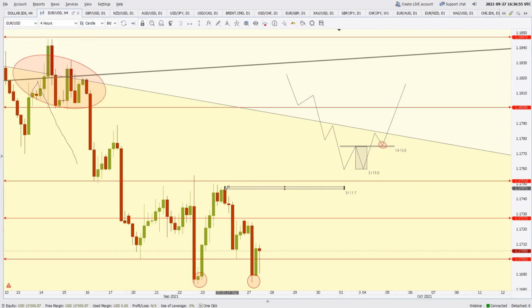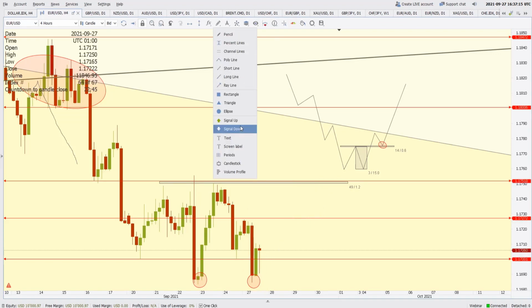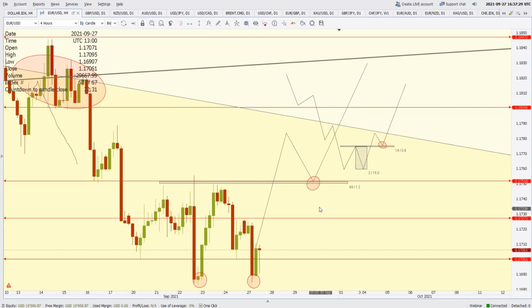becomes your reaction high, or you can say the neckline. And if you want to include this high or this area 1.1751, so why not make it exactly here? So if you see the price going higher than this, and coming back to this area to test it as a fresh support, then look for a buying opportunity somewhere here, to open the long position